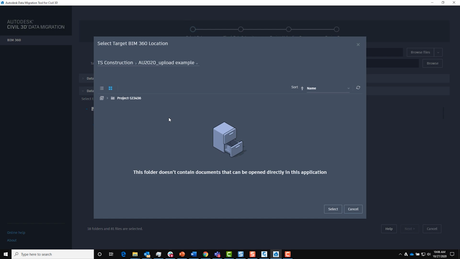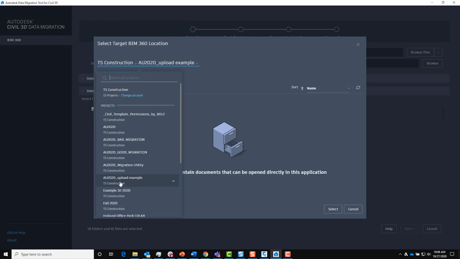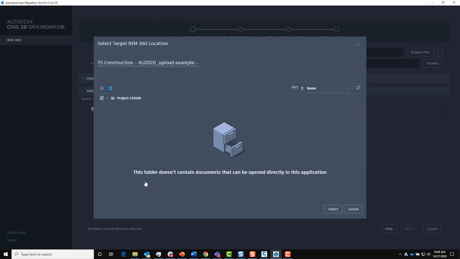Here we go. And I want to upload this. Actually, it looks like it picked the right thing because I was rehearsing this, but we want to make sure it's going to upload example. And we are going to select project 1, 2, 3, 4, 5, 6 again. So ahead of time, I created this upload example and renamed the folder so that when my local project is uploaded, everything merges correctly. So let's go ahead and select.